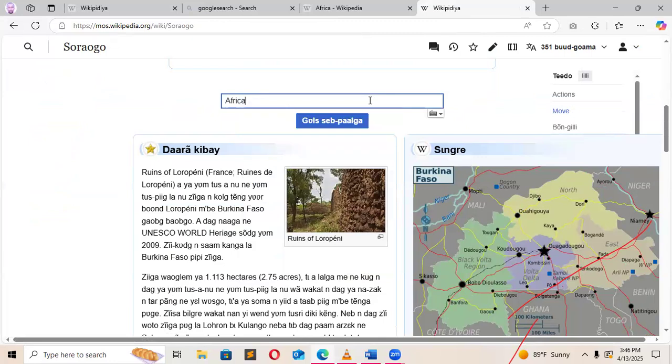So either you search, and when you don't find it, it will come in red. You click on the red letter or the red hyperlink to create. It gives you a page to create. Or if you also want, just come here and type Africa. That means that we're not sure that Africa is not there. So I'll click on subparagraph, and it will open a page for me to create my article.